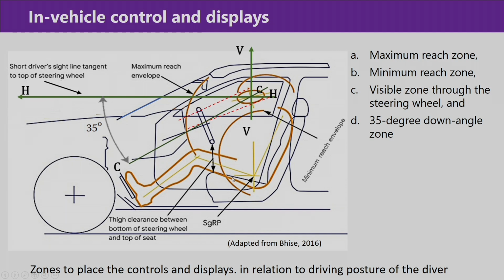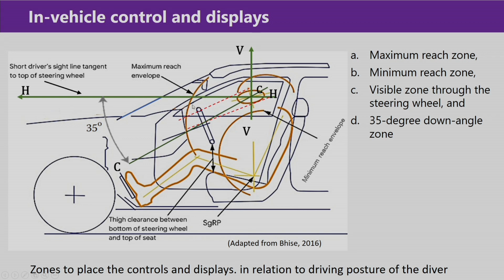Now, for this minimum reach envelope, we generally consider the grasp reach or grip reach, so that all the controls which we want to position should be positioned beyond this zone. If the distance from the driver seat is less than this envelope or this horizontal distance, then it will be difficult to operate for the 5th percentile driver, and obviously for drivers with larger body dimensions and larger hand dimensions.